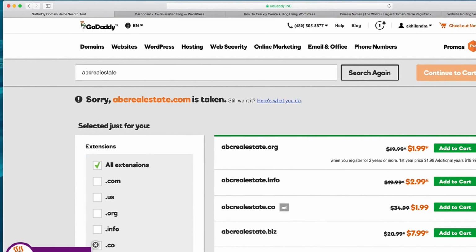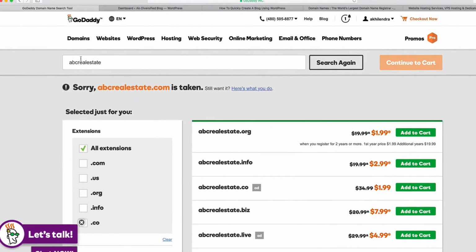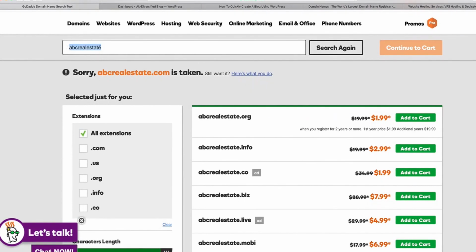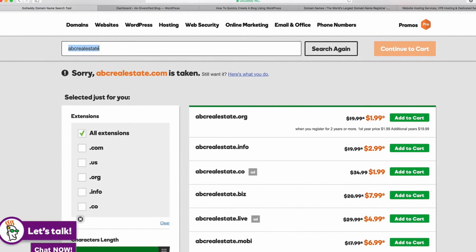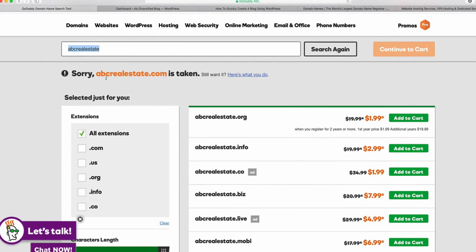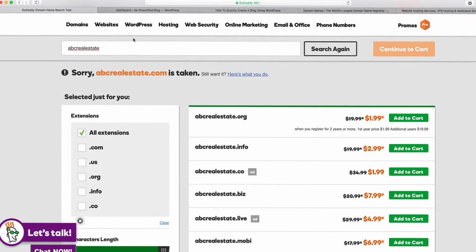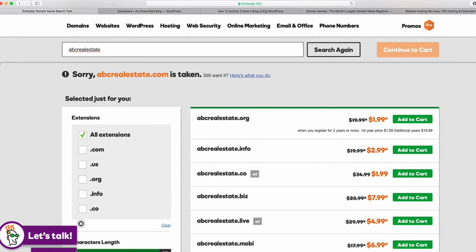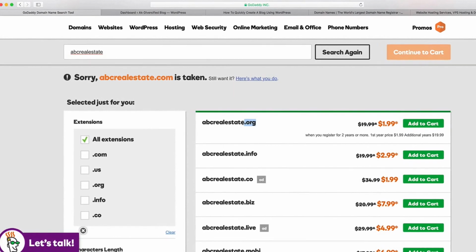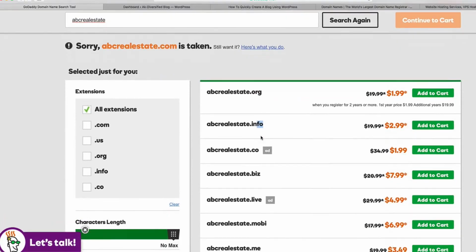So you can see I searched for ABC Real Estate. It could have been insurance, it could have been any other name, and it will tell you if that name is available or not. Now in this case, abcrealestate.com is not available, but .org, .info and these other extensions are available.